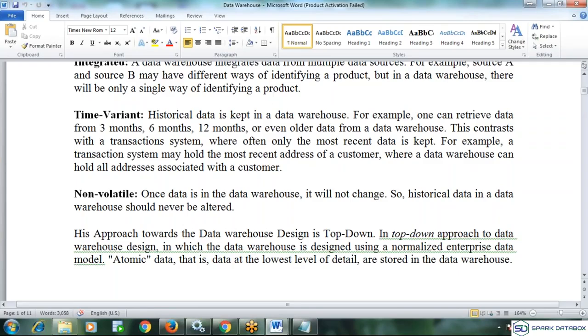But here in our top-down approach, just take an example of house construction only. How are people doing it? Two ways of construction will be there, the top-down approach and the bottom-up approach. If you want to construct your own house, first you will build the first floor, second floor, third floor. Coming to commercial complexes, what do they do? First of all, they will build all the floors, any number of floors.